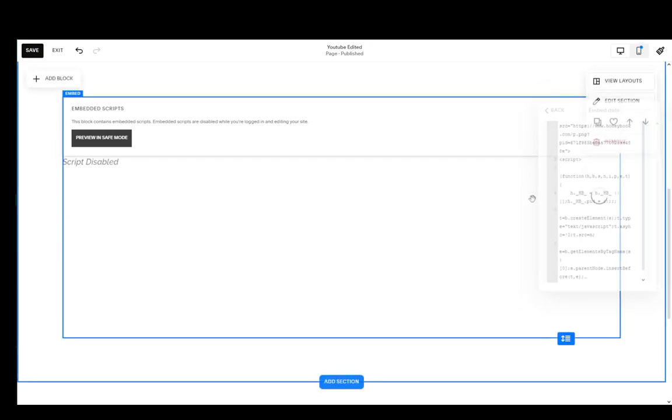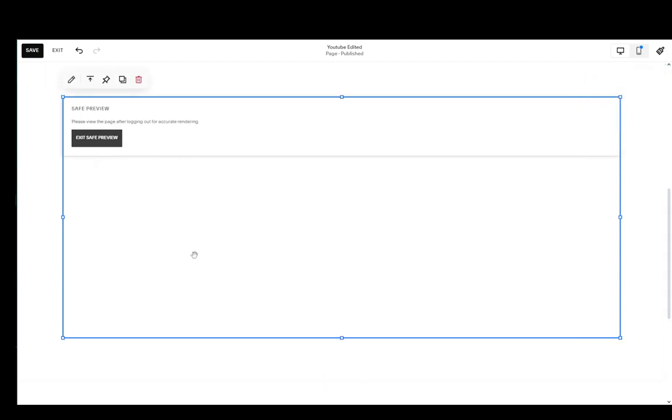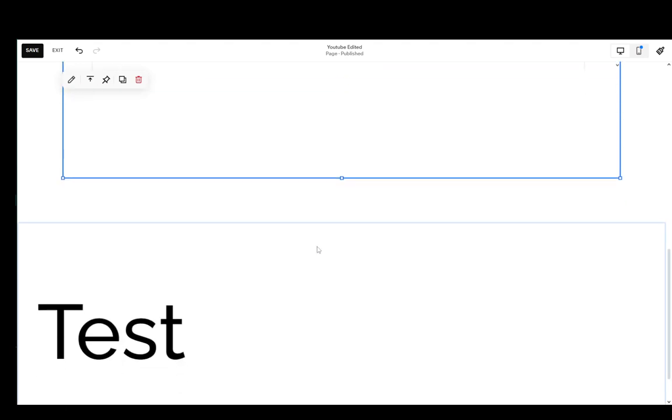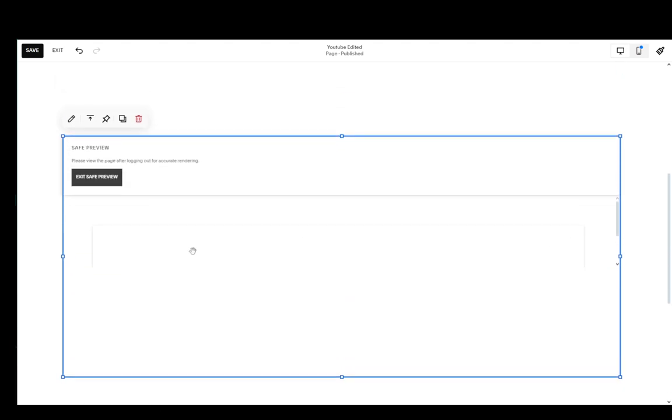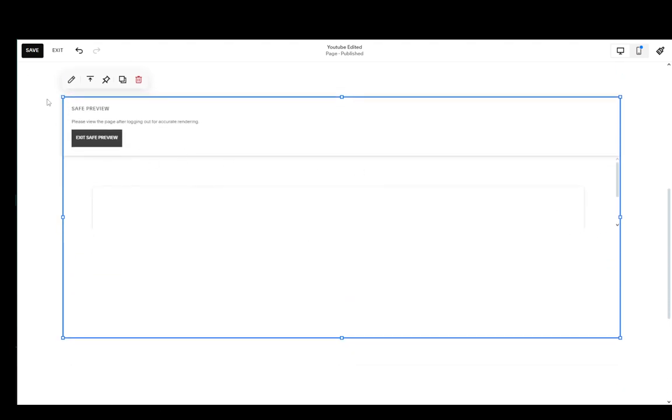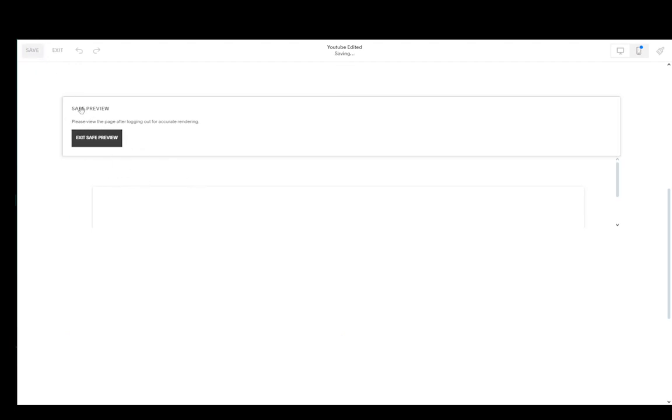And as you can see, now we can't preview it because while you're logged in and editing the website, you cannot see the script because it's disabled, but we can preview it in safe mode. And once that preview opens up, it should add a preview right below here, which it isn't doing, so we're just going to ignore that. But once you've added that and enabled the preview, just click save